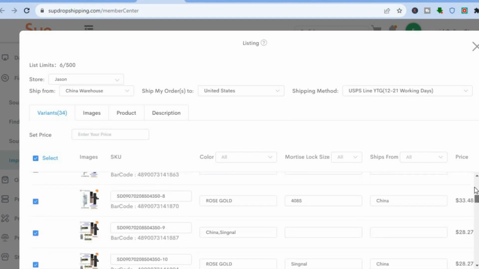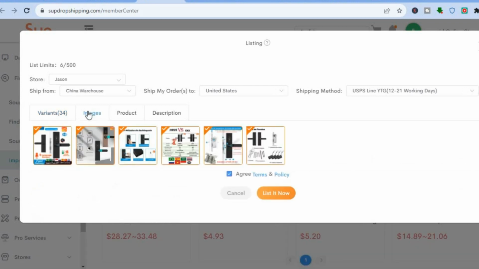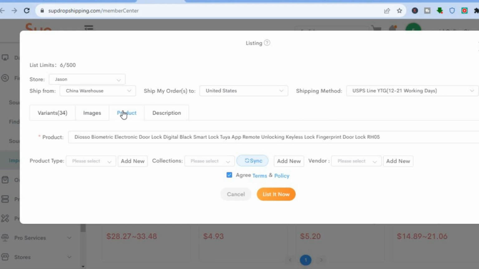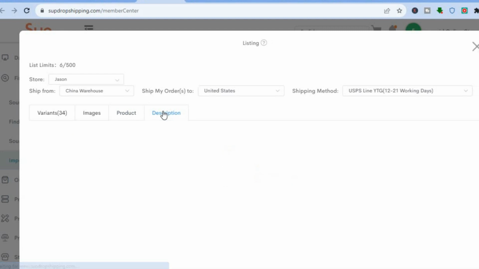So you can scroll through and you can select whether you'd like to sell all variants. After you have done that, you can tap right where you see Set Price, and from here you can enter the price that you would like to sell it for. Another thing that you can also do is you could tap on Images, and from here you will see the different mock-up images. Then you're going to tap on Product, and you will be able to see the product description, or better yet, the product title. So you could edit the product title. So let's say I would like to cut down my product title real quick. I could do that. You can tap right where you see description, and from there you'll be able to edit the product description.